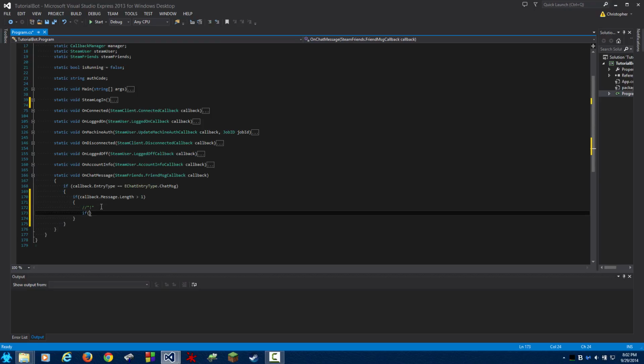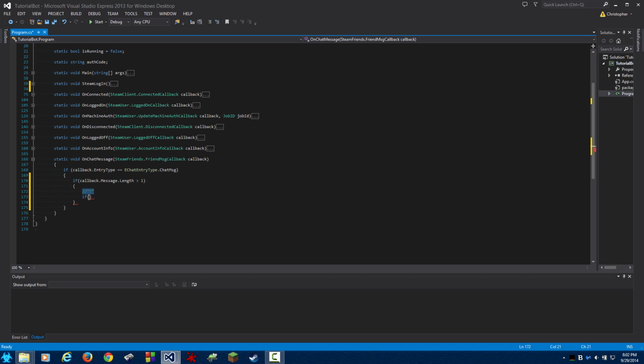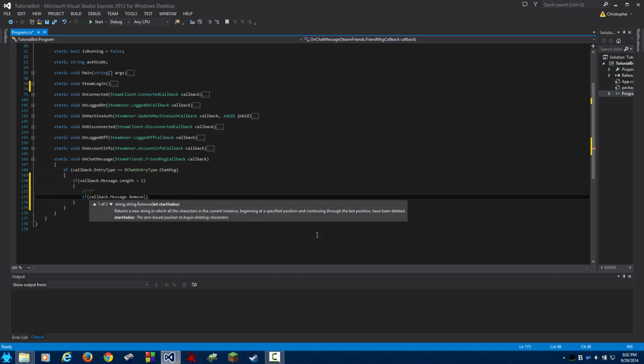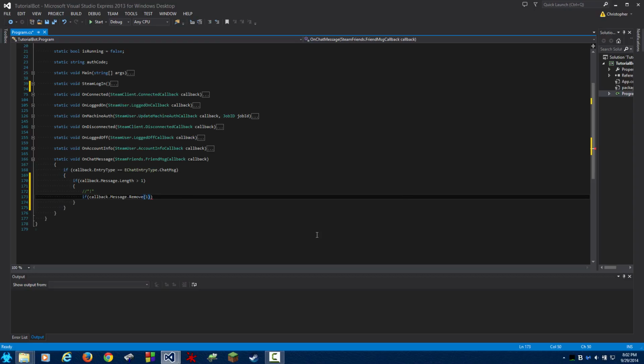So create another if statement. This is a statement that would crash if we didn't check the callback message length and someone were to send just the command prefix. So what we do is callback dot message dot remove one character, or rather from an index of 1, equals exclamation point. So what this will do is it will check to see if